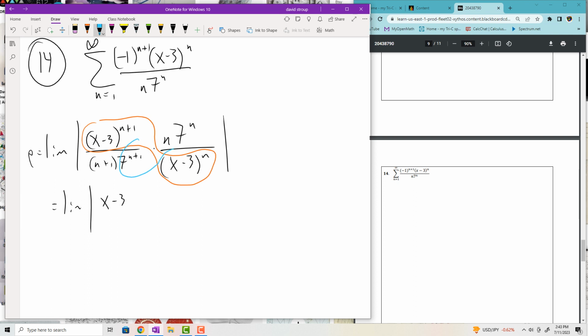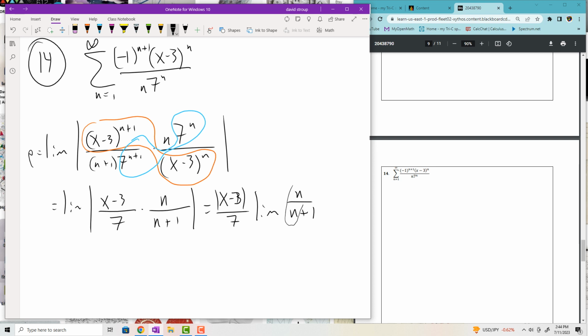This portion, the 7 to the n over 7 to the n plus 1, is just 1 over 7. So I have this 1/7 floating about. And then the leftovers, n over n plus 1. I'm going to factor out the first factor, the x minus 3. I need the absolute values on that. Absolute value of 7 is just 7, so I can write it as 7. And then I have the limit of n over n plus 1. Circling high degree terms, I see that that limit is just equal to 1. So I have absolute value x minus 3 over 7 times 1, which is absolute value of x minus 3 over 7. This thing will converge in the interval